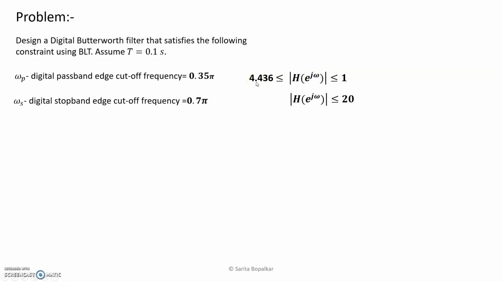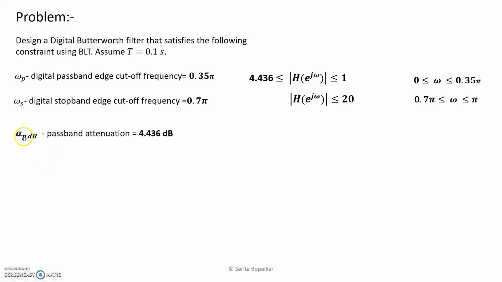Now here you can observe it is 4.436 and 20, which is greater than 1 and positive, meaning the attenuation in dB is given. So this is the amplitude specification, and this is the passband edge cutoff frequency and stopband edge cutoff frequency. The range of digital frequency is 0 to pi. So first step,